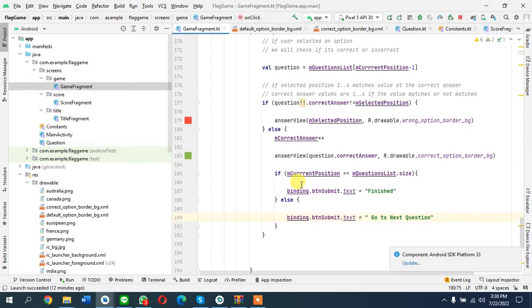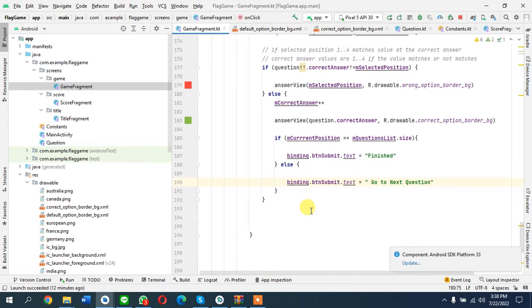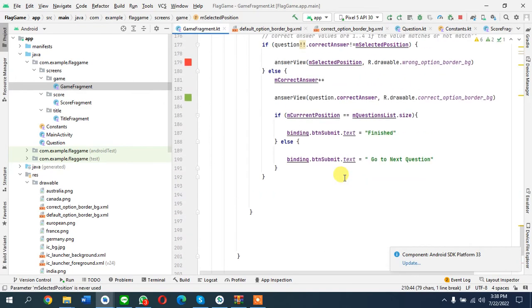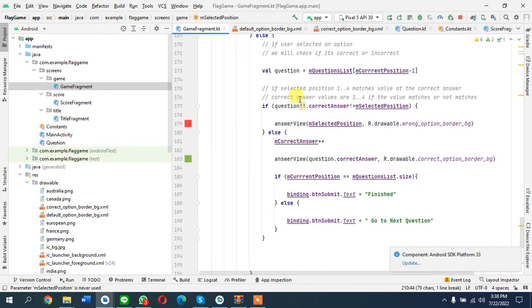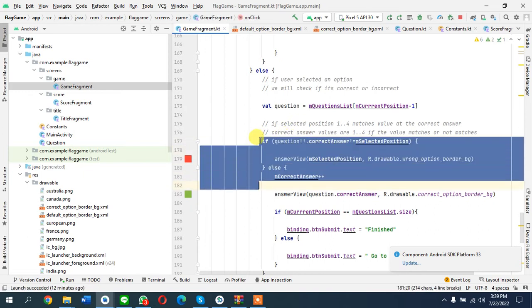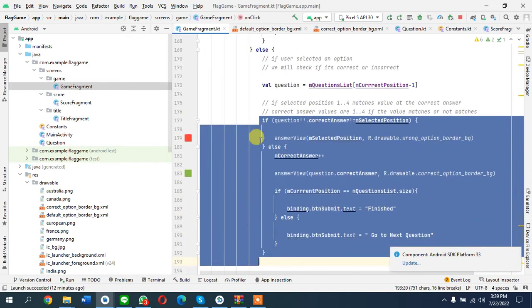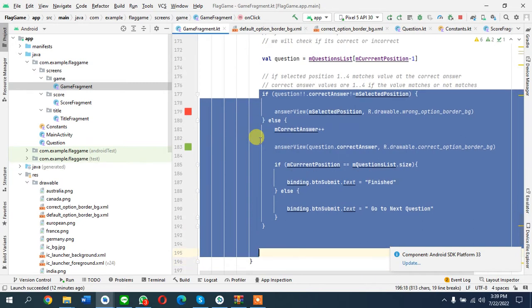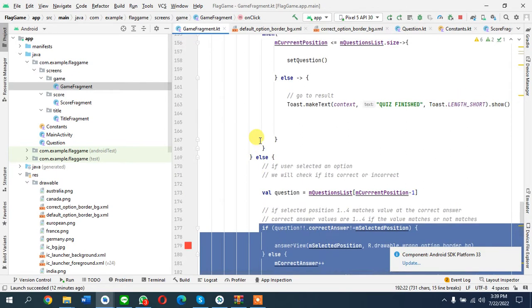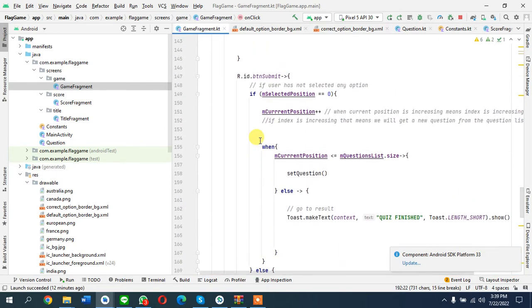But when we are moving to another question, then again our option position should be 0, right? Here we are checking if user has selected and we are passing this position. Obviously we'll deal with this once you understand it. But out of this block we have to write the position 0, because next question user